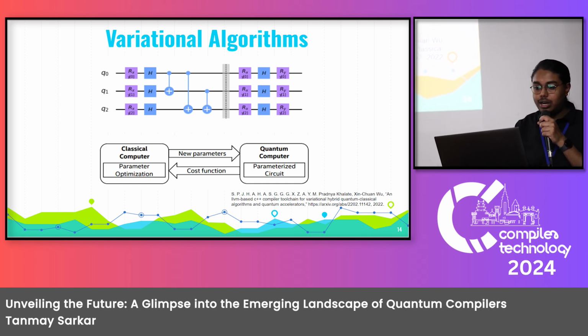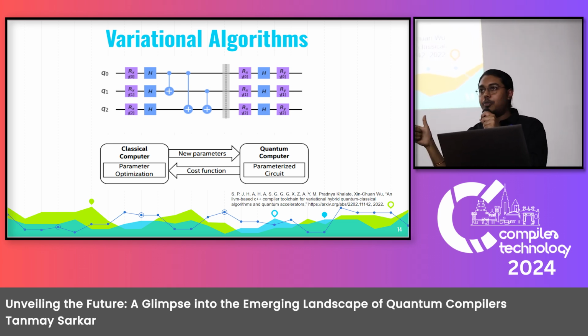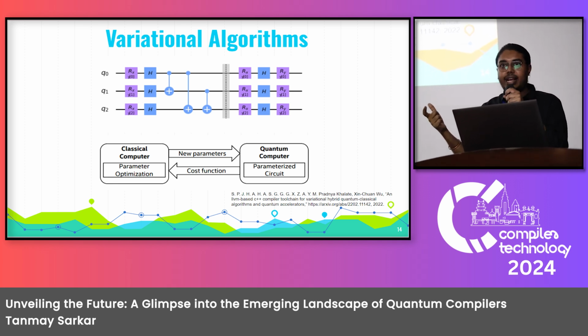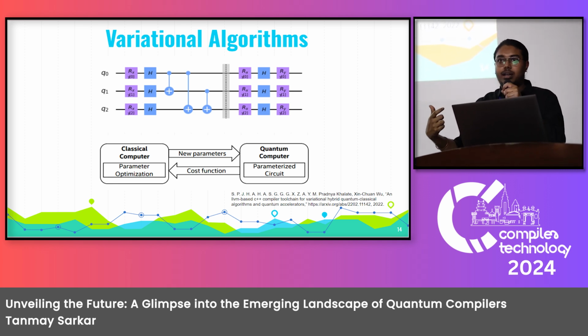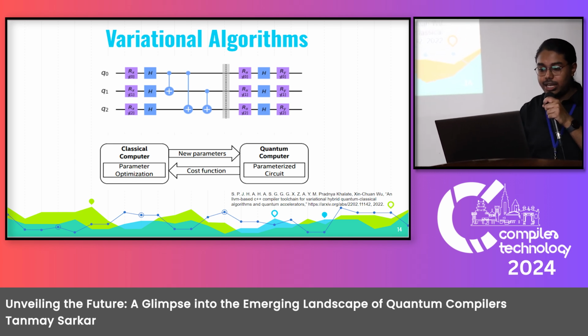So the classical computer, in a quantum computer, would run this parameterized circuit and also do the cost calculation, because that is a problem that would take an exponential amount of time if you wanted to do it in a classical setting. So here we get an exponential speedup. So that's how things happen.